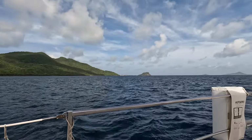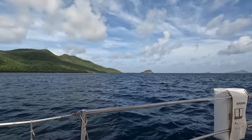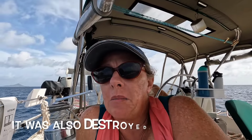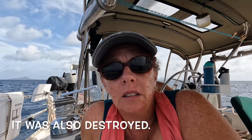Right across from it, I don't know if you can see it from here. You can't, but right across from where we went ashore to check in is a place called Palm Island. I think I may have mentioned it last time we came through here. So it's a private island. There are a few villas on there that you can rent, but very expensive. We looked at it when we were looking for places for AJ's